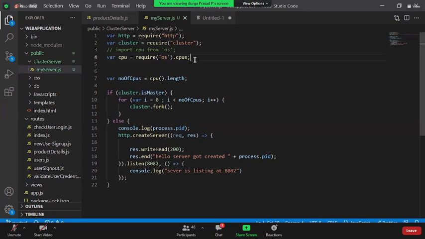Okay, and again, as I said, when you go to interviews, people might not ask you a question directly saying, what do you mean by clustering? They might ask, how do you increase the performance of the page? So you can say, clustering is one of the ways you can increase the performance. Anyway, there are a lot of other optimizations too, but the way you can really increase performance is by creating multiple virtual copies.